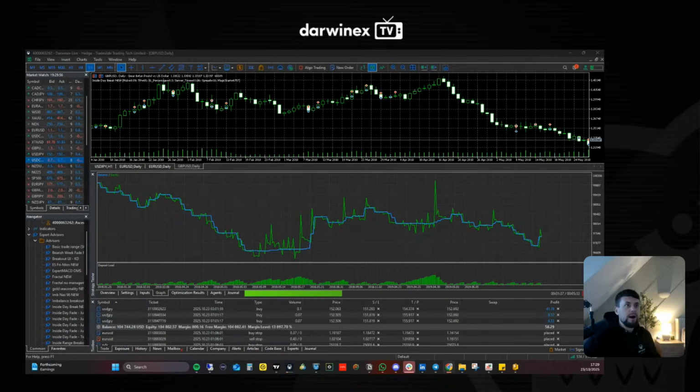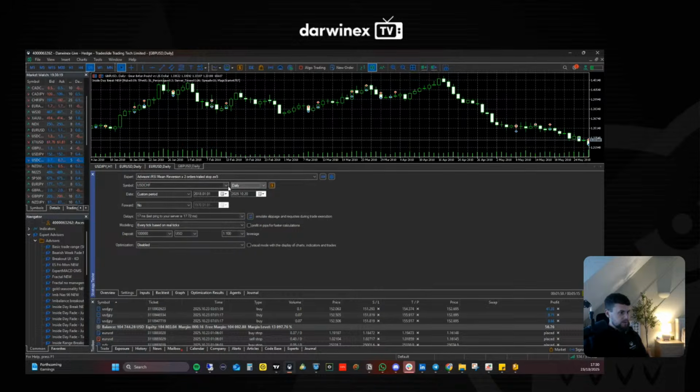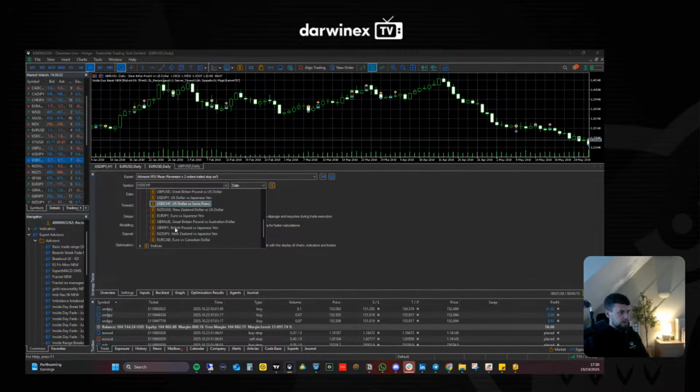Look at Waka Waka. Yeah, I used to use Waka Waka. It was Aussie New Zealand, Aussie CAD, and New Zealand CAD. They're good pairs. The problem with Waka Waka is it's a martingale, so it just blows up eventually, which it kind of did. Sort of like this is blowing up. So this isn't working as well as I wanted. Let's try Aussie New Zealand.